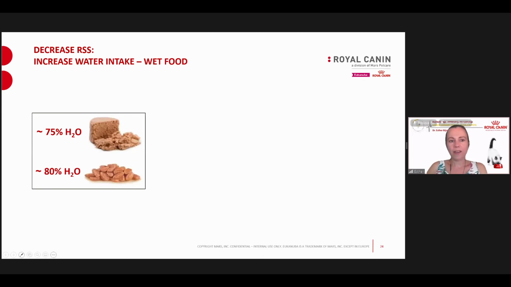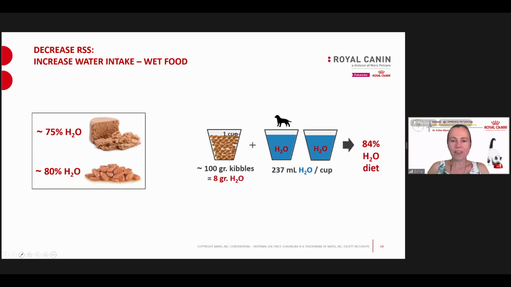So a wet food typically is over the 73% of moisture that I just said is needed to dilute the urine. So if you feed a wet food exclusively, then you're good to go. You will be diluting the urine directly. But what if you have an animal that doesn't want to just eat the wet diet exclusively, or the owner wants to offer a more varied diet? Well, an easy way to remember, I find, is that you can say, okay, in order to dilute the urine, you want to give the ratio of 1 cup of kibbles and 2 cups of